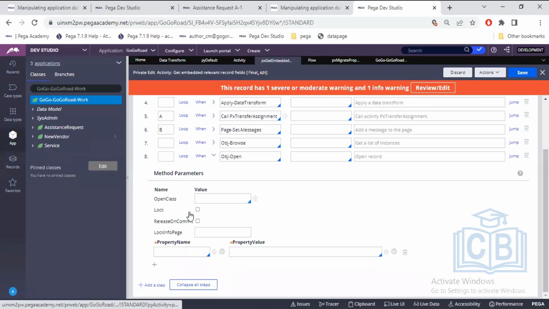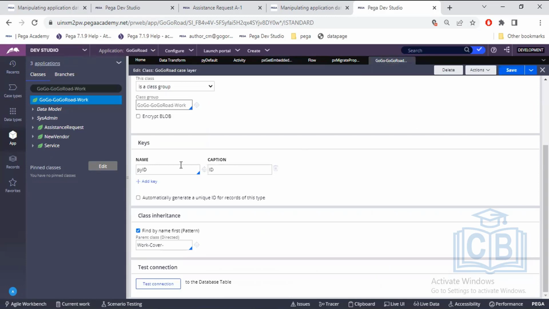Okay, now let's see the configuration. Class is similar. Class is nothing but a table name, right? You have to mention from which class you need to fetch the data, because the class is mapped to a table. So it will fetch from that particular table. Okay, now if you open a class,